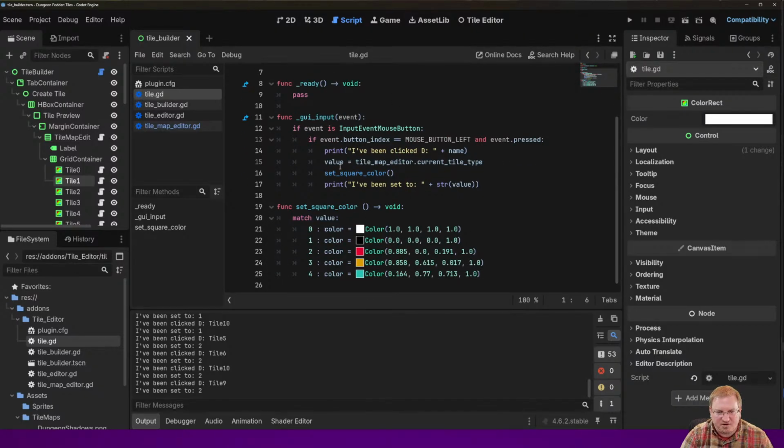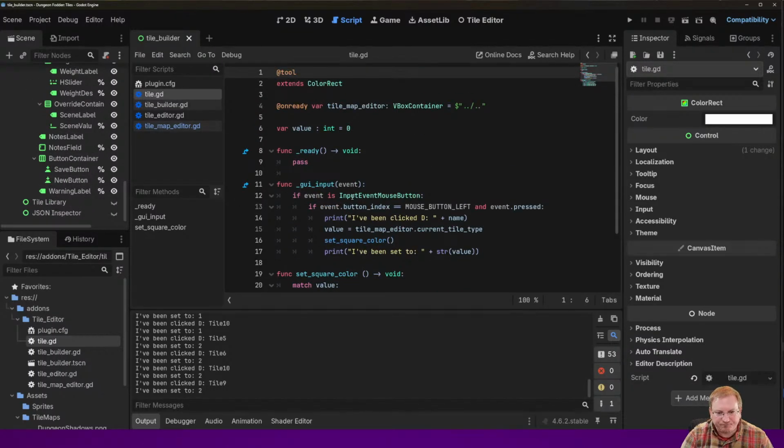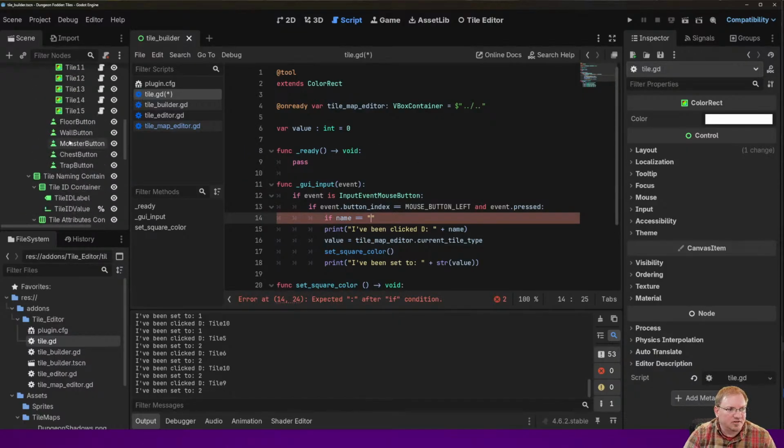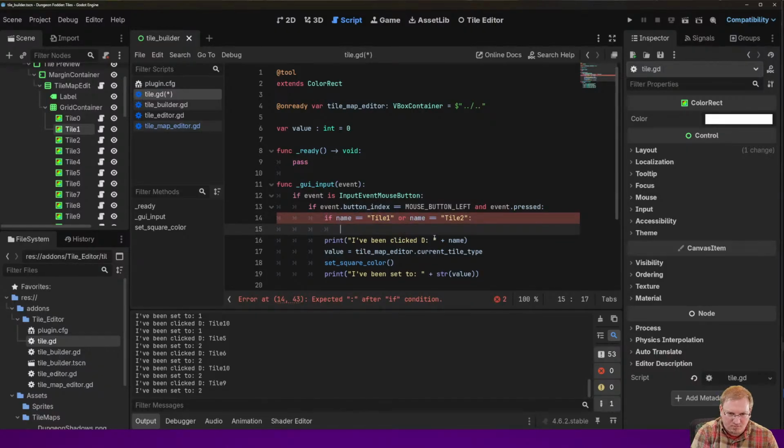Okay, so if it's clicked here, oh, can we get a warning label? Maybe we should do, no. So if this is event pressed, boom, okay, and then if name equals, what do we call this, tile 1, 2 equals tile 1, or tile 2, print